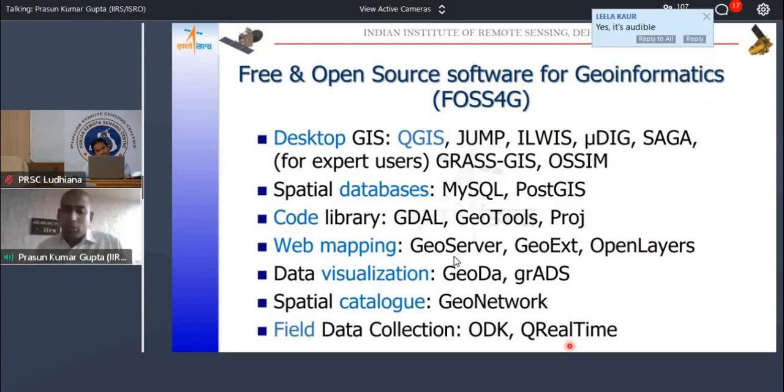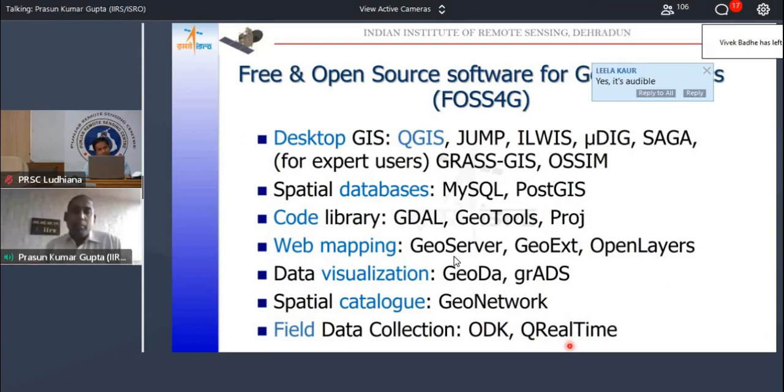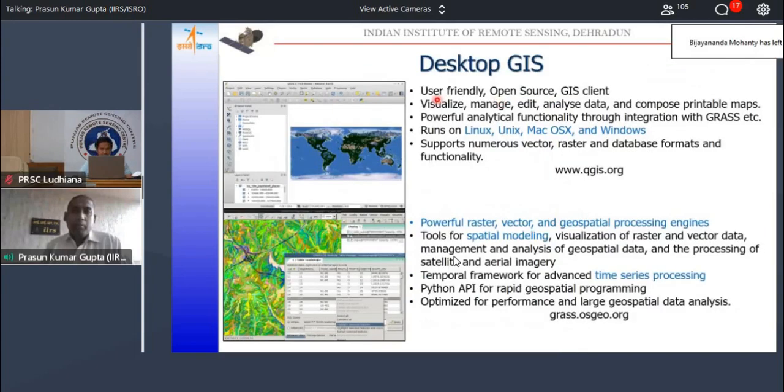So I'll just briefly tell about some of the important GIS software which are there out there today. One is obviously QGIS. The reason behind its popularity, it's very user friendly. It has a very good community. So if you are facing any problems, if you want to learn more, there are a number of YouTube videos.